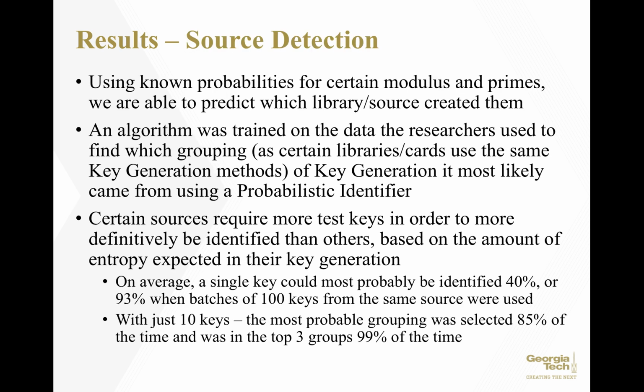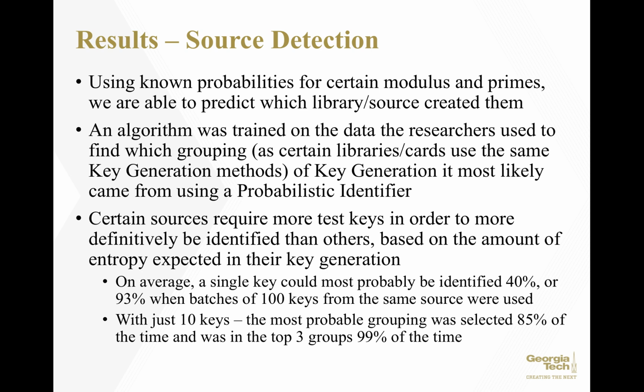Based off of this, certain probabilities allowed for the identification of RSA source methods based only on the public key information. An algorithm was trained on the data collected by the researchers, and this allowed for a probabilistic identifier, which allowed the algorithm to predict, based off of a certain set of keys, sometimes only 1 key, but in certain cases 10 keys or even 100 keys, to try and determine what was the source algorithm